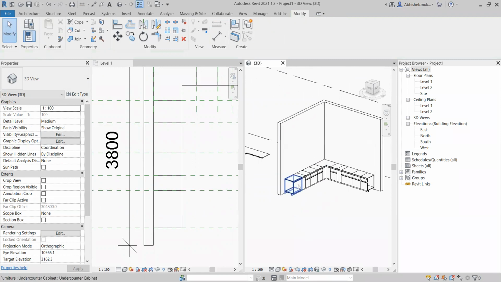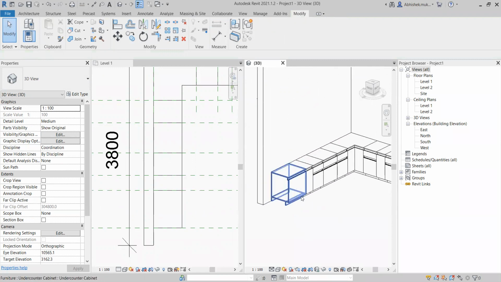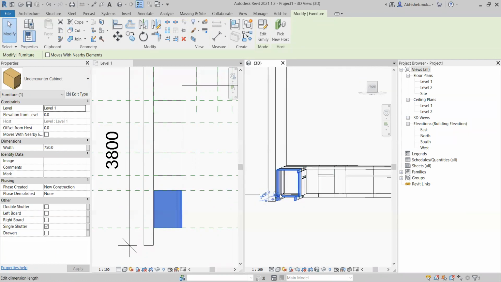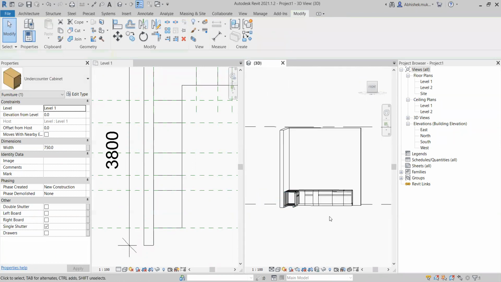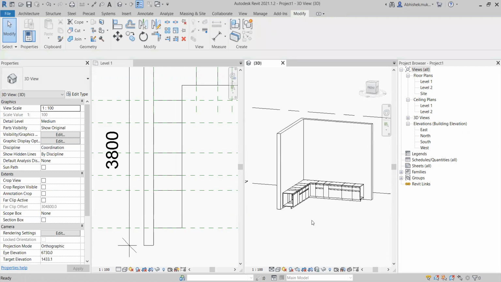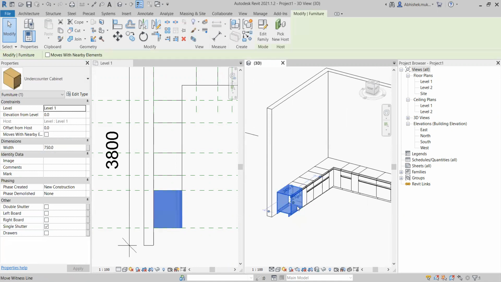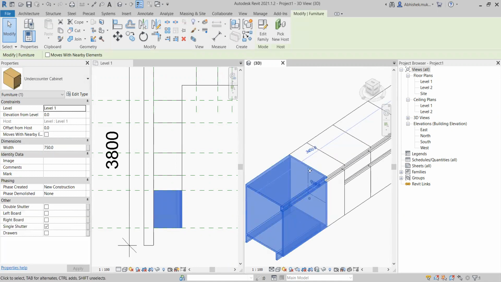But before putting the stone, let's look at the features of this cabinet, as in whether they have the left board or right board, or whether they are hollow at the moment. So at the moment, I can see through this. So I will probably want to do something which will help me to cover this. So I have left a condition where both the boards can be hidden. A single board can also be hidden.